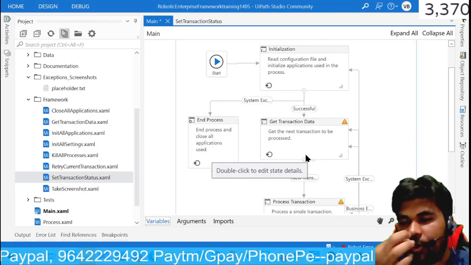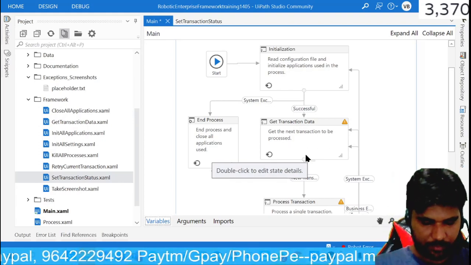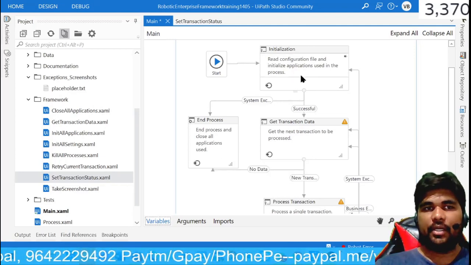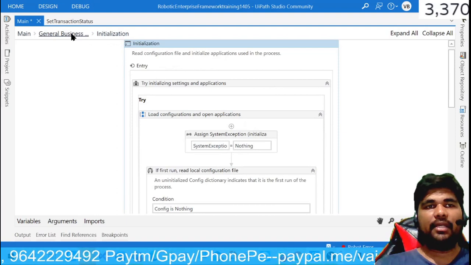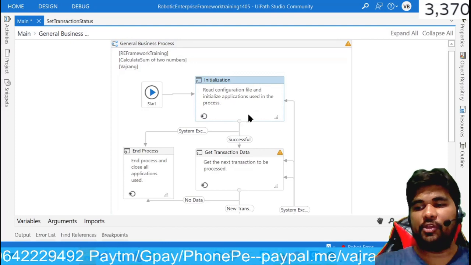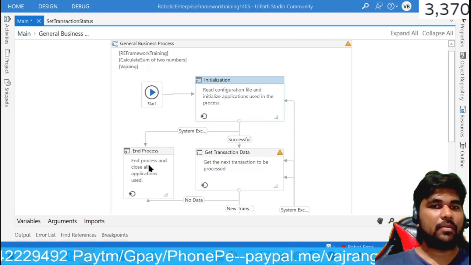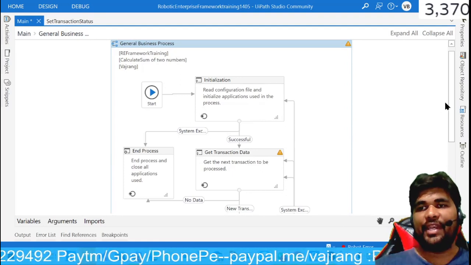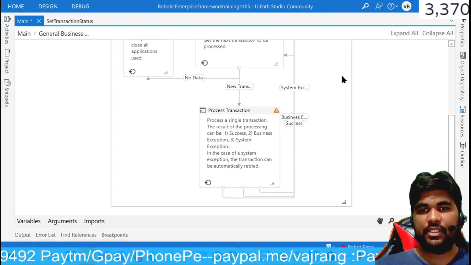Now where should we initialize, or from where should we start the process? From the initialization state. Exactly. Now from the initialization state, let's see what's there in the code. Here initialization will take place, but this will happen only once. Whenever there is a system exception, we will try to reinitialize. If you see the flows here,